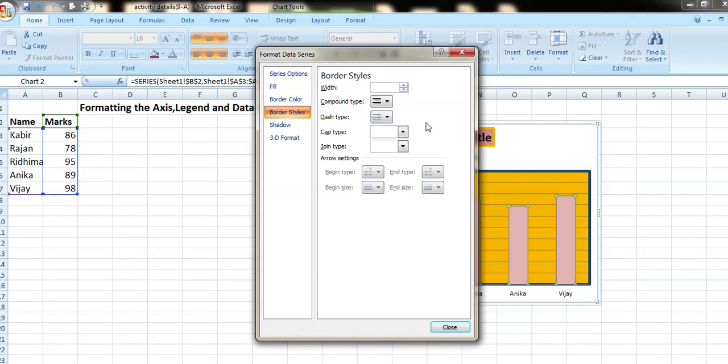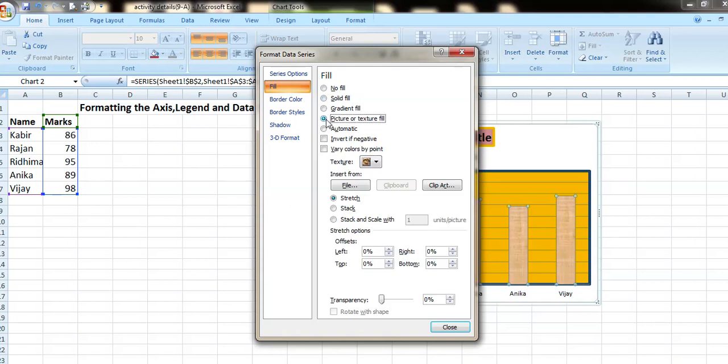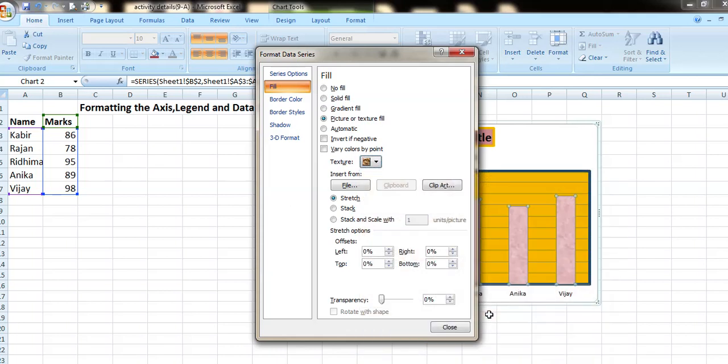Click on the Fill tab and choose the picture or texture fill option, means it should be a plain or a texture fill of the data series appearance. Click on the texture drop down menu and I can select any of the textures which I would like to have.